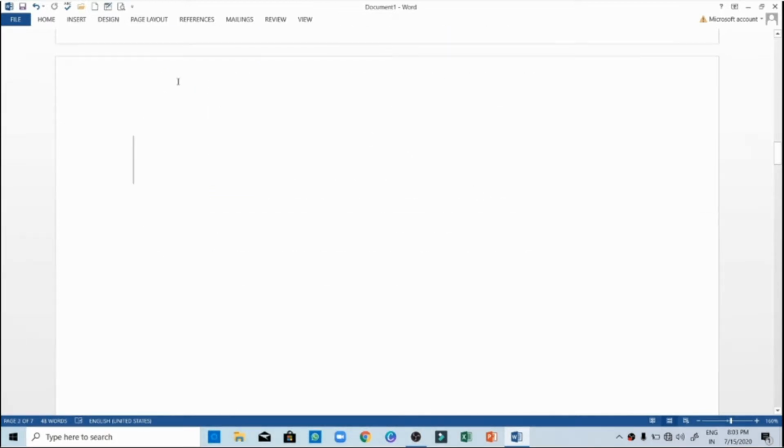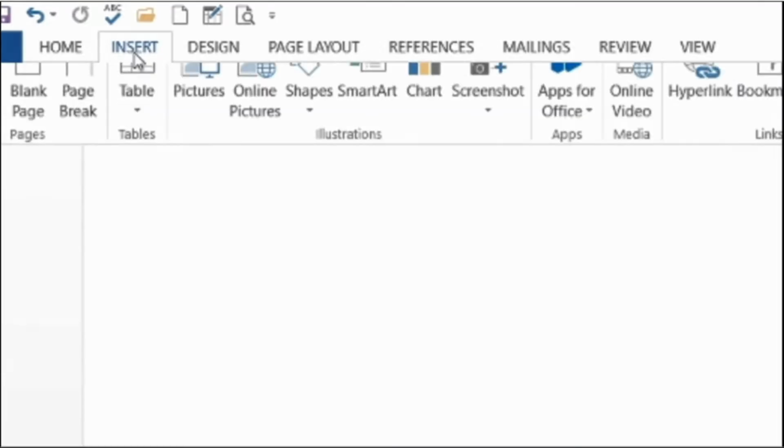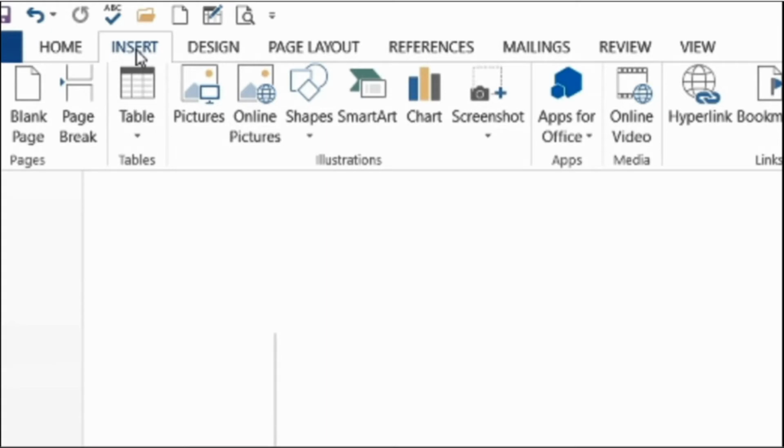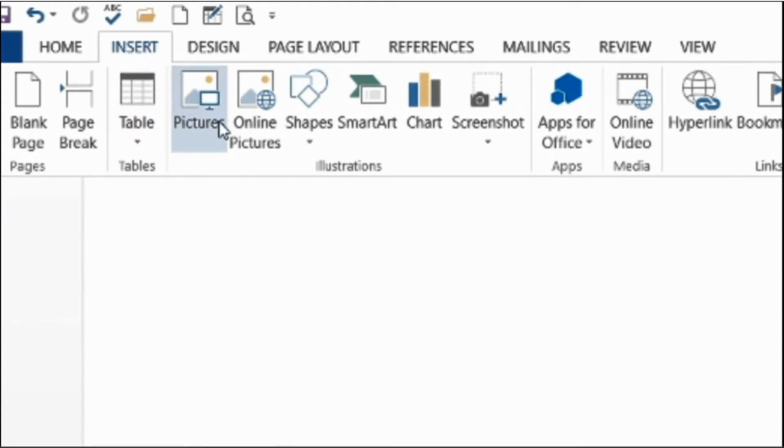Remember, when you have such questions like add or insert, you will relate it with the Insert tab. And in the Insert tab, see what all you can insert. There is no need to learn the steps. Just see the pictures and keep it in your mind that if a question is asked on how to insert a new page, a blank page, a page break, pictures, shapes, or art, whatever options you see in these groups, all of these are used by clicking on the Insert tab. This time we are going to learn how to insert pictures.